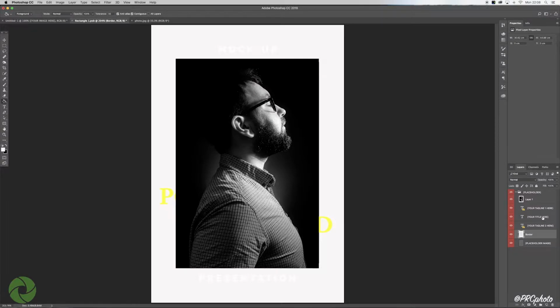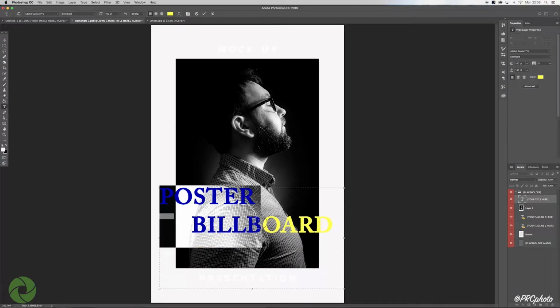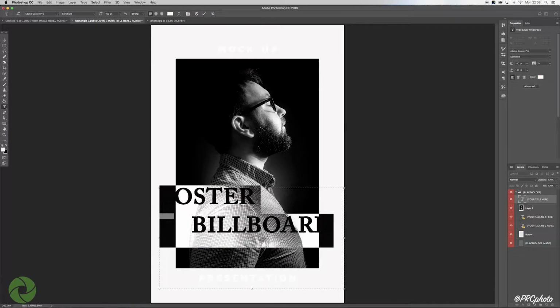So let's drag that above our layer so we can see it. Hit T for type tool. Now one of the beauties of Photoshop now is that once we've created some text, we can go back in and amend it without having to retype the whole thing. So I'm going to change the color to white. Text to